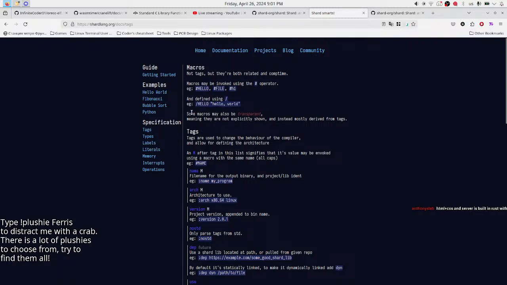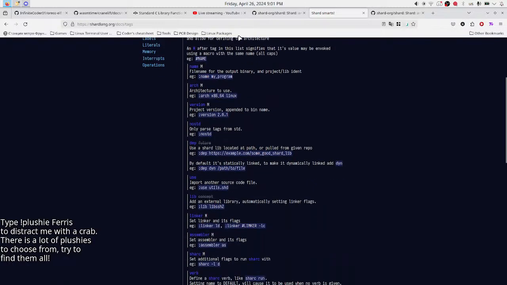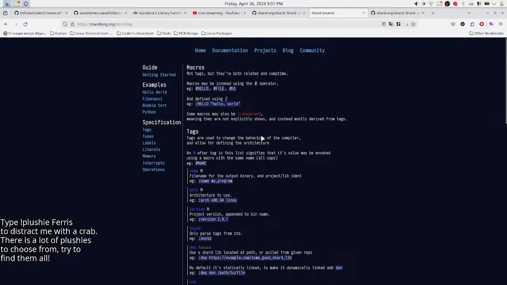Defined, yeah. Some macros may also be transparent, meaning they are not explicitly shown and instead mostly derived from tags. Don't really understand this sentence, but I guess we'll see. Tags are used to change the behavior of the compiler and allow for defining the architecture. An M after the tag in this list signifies that its value may be invoked using a macro with the same name, all caps.